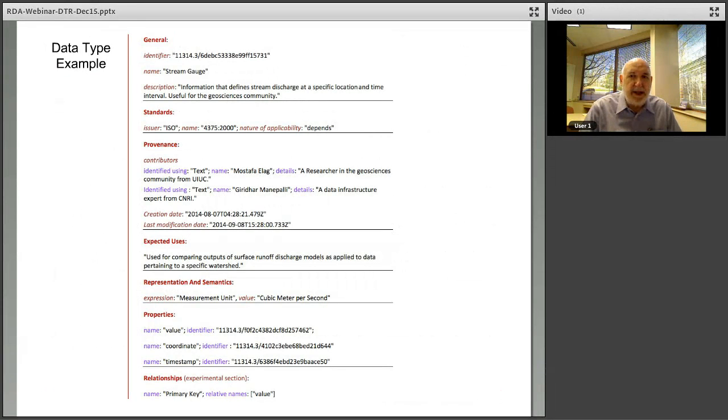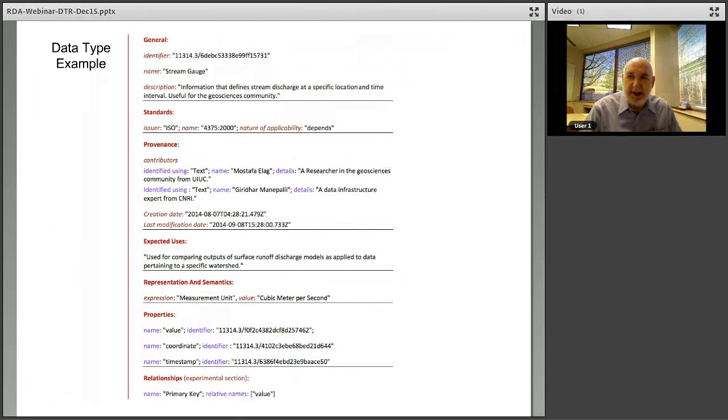This is an example of an instance of the data model that we wound up with. This is describing a data set, or a set of data sets, of course, that measure water flow at a certain point in time. It has an identifier. The first thing you see there, that's a handle. It has a name, stream gauge, human level description, and some standards that it incorporates, some provenance,